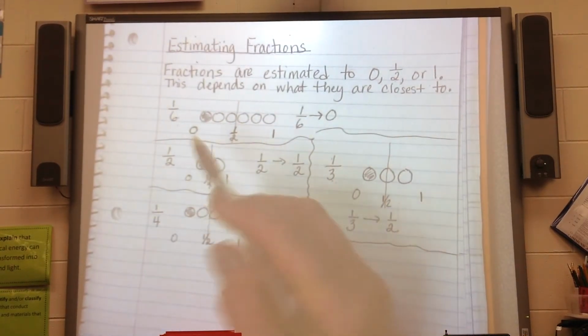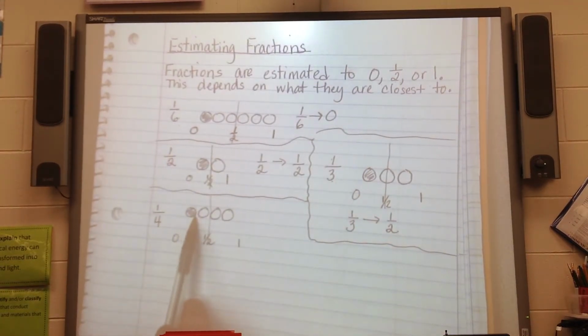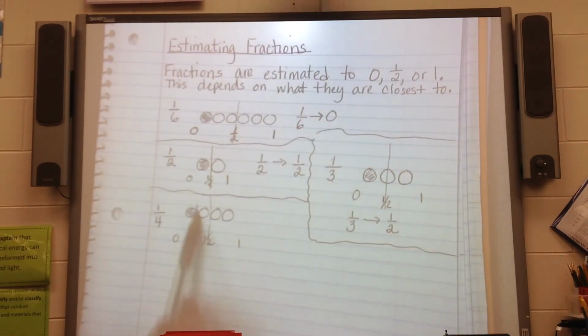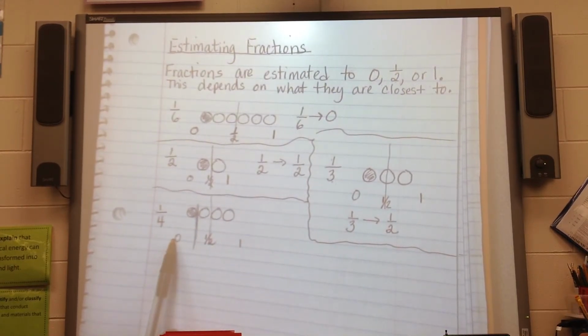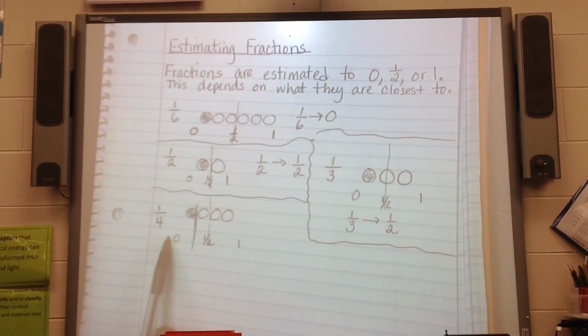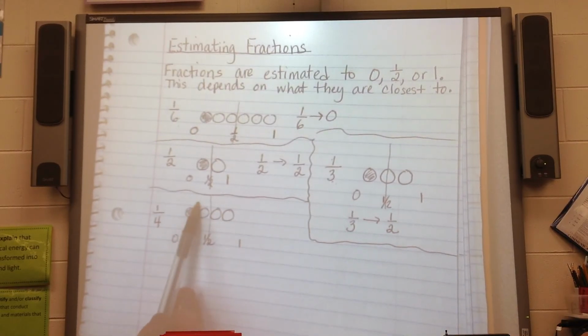This 1 out of 4 is right in the center here. You draw the little line to figure it out by putting it right after the colored in circle. So it's right there. This is as close to the 0 as it is to the half. It's 1 away from the 0 and 1 away from the half. It's the same distance